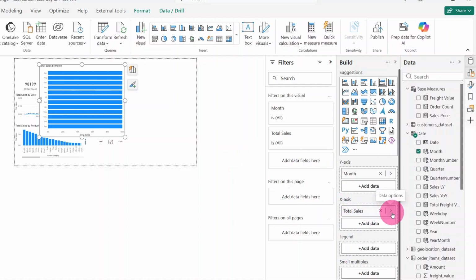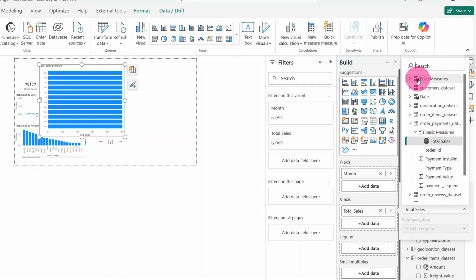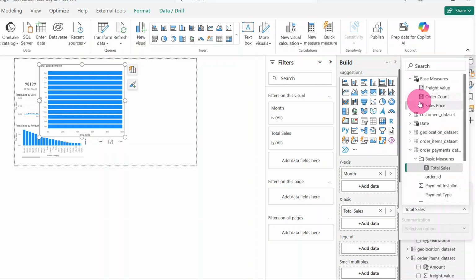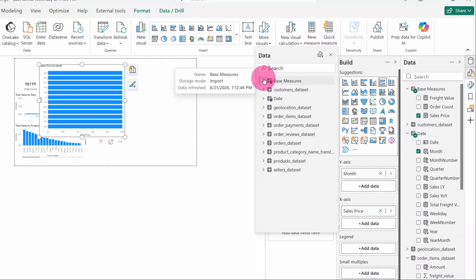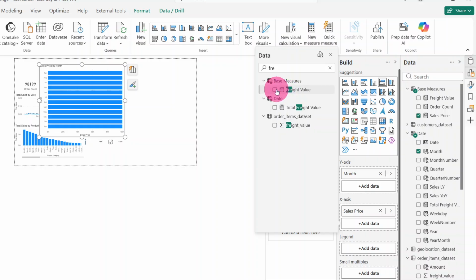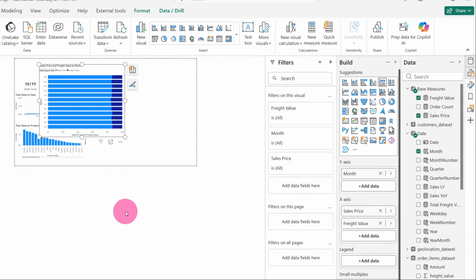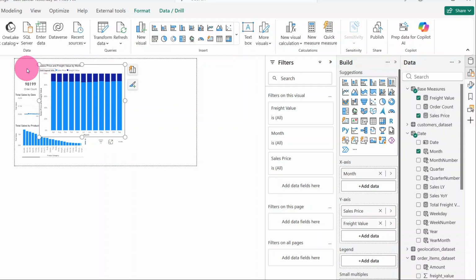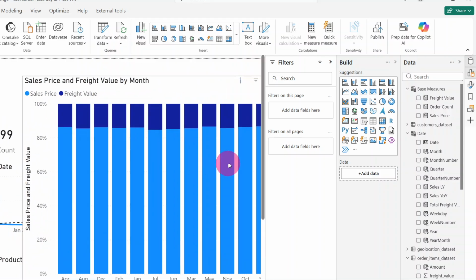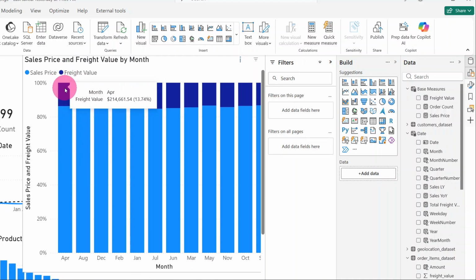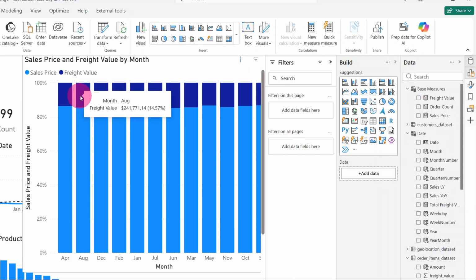So instead of total sales, I can change this to sales price, because I expect it to be higher. Then this one too, I can now select freight, right? Yeah, so this is what I mean. Let me get the other one so it will be vertical. Now what this shows us here is proportion of sales price, the proportion of the total sales amount that goes for freight alone or for